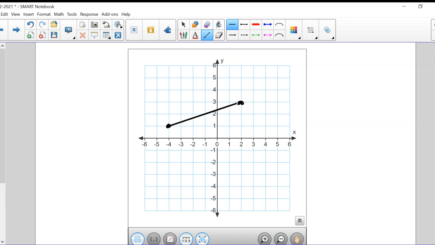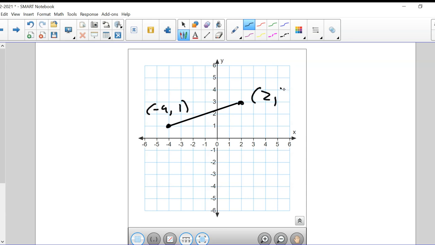Just an arbitrary line, right? Oh, and those 2 points on the line, by the way, I'll just label those 2 points. This is the point minus 4, 1. And this is the point 2, 3. All right, so let's think about that now. No, we don't care about direction right now. This is just a line. I'm not asking you in terms of vectors. This is just a line that goes from minus 4, 1 to 2, 3. That's all it is. Well, for me to find the slope of this line,